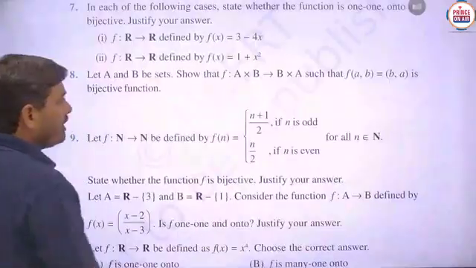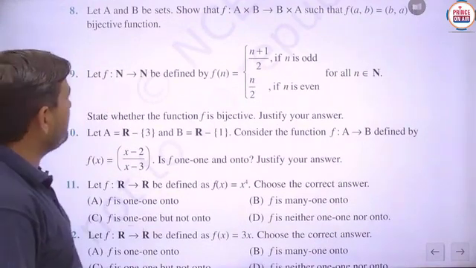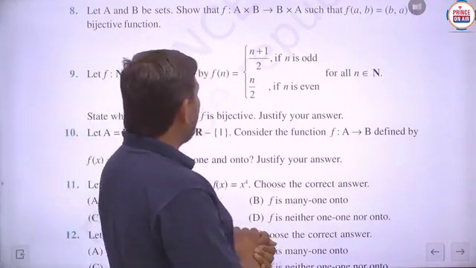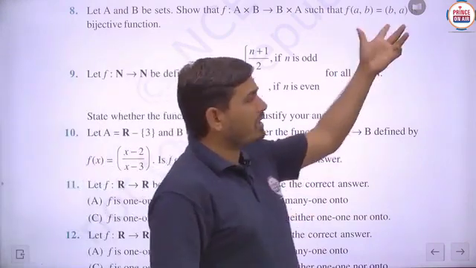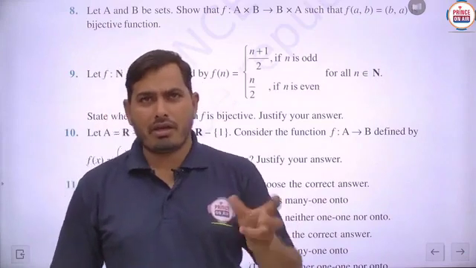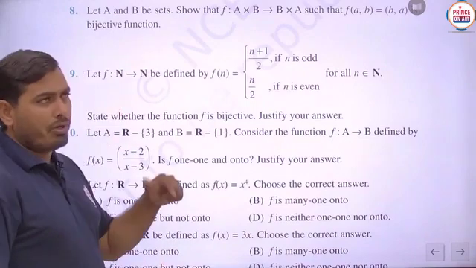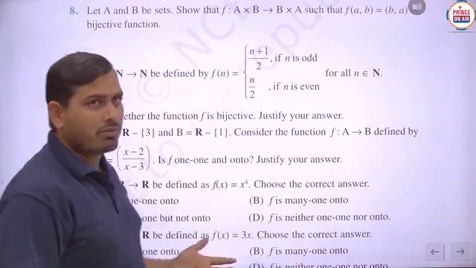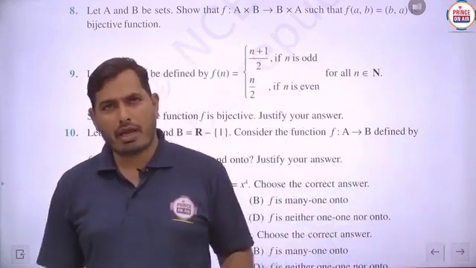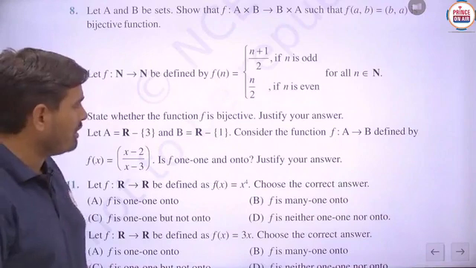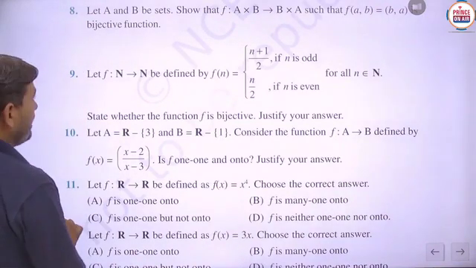So basically the question number 8 we have to see here. In this question number 8, student, A and B are two sets, so that f from A cross B to B cross A, such that f of (a,b) equals (b,a). Means it is the reverse of the given ordered pair, f of (a,b) will give the output as (b,a). Then we have to prove whether it is 1 1 or not, onto or not. Again the same type of question is asked. So we have to see the question on the board here. We will take this question number 8 on the board.